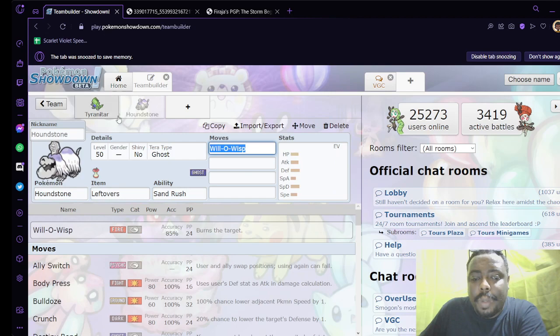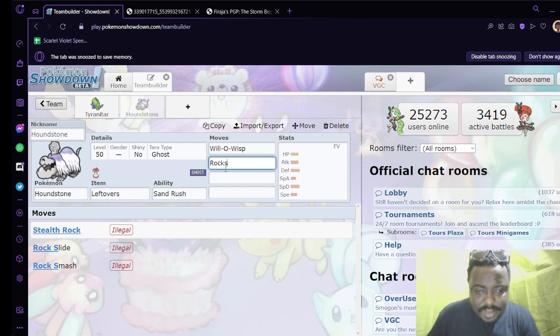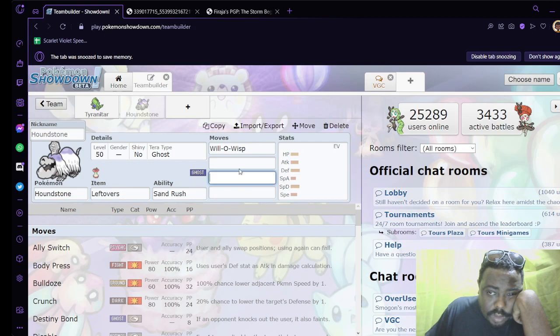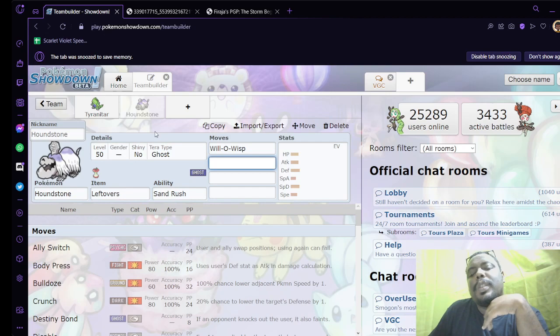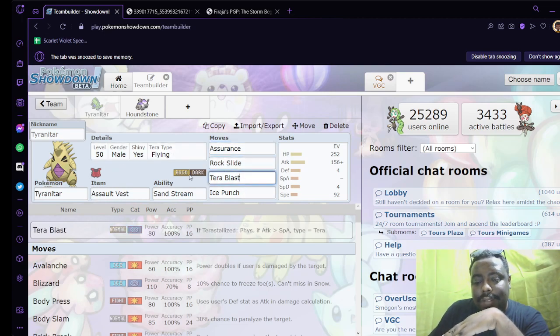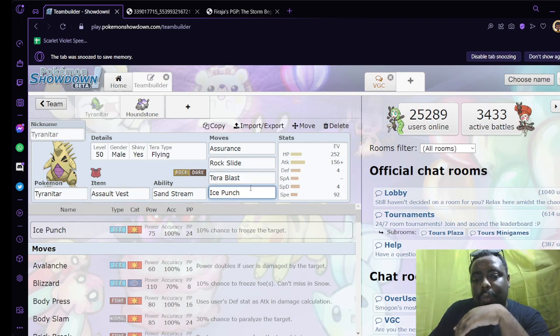Assurance works very well with Houndstone because you can single target or double target, depending on if Houndstone gets a Rock Slide. No, it does not get Rock Slide. So you can double target into your Houndstone slot, into whatever offensive slot you want to go into, and you can secure the kill with Assurance. Rock Slide's here, Terra Blast Flying for Amoonguss and friends. And the Ice Punch should come in handy for any stray Dragonite that can't